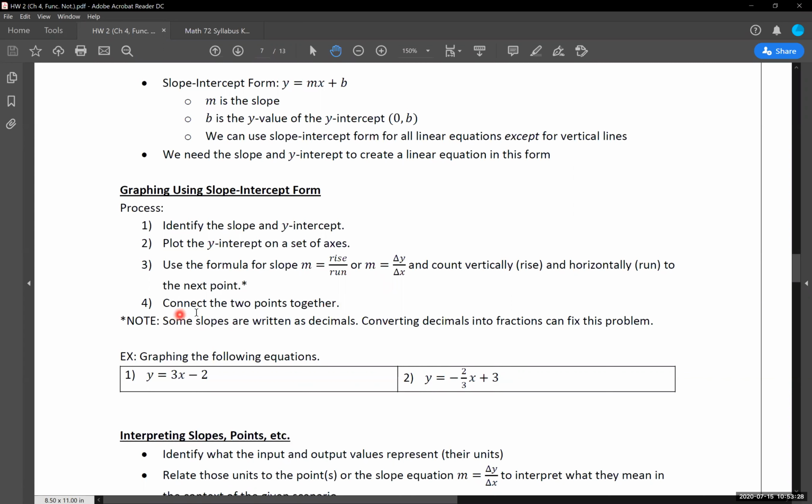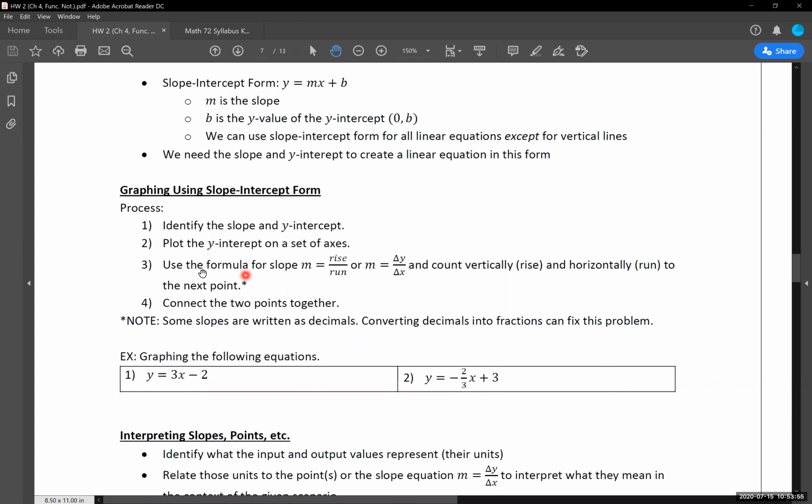And then once we have our second point calculated using that slope, we connect the 2 points together and we're good to go from there. And you could use this really to find 2 points, 3 points, 4 points. This will take a lot of the actual algebraic calculations that we were doing previously out of the game, and not have it be something that we need to worry about.